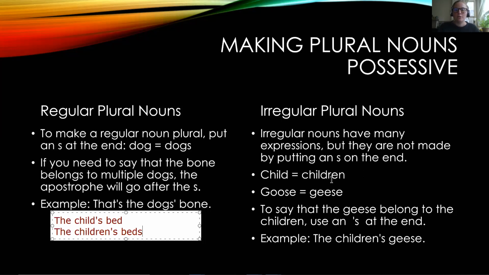But here with the irregular plural noun for goose, referring to one goose, one kind of large white bird that's terrifying, I don't like geese, but multiple of them become geese. So goose becomes geese. It is very irregular, but if the geese owned something,